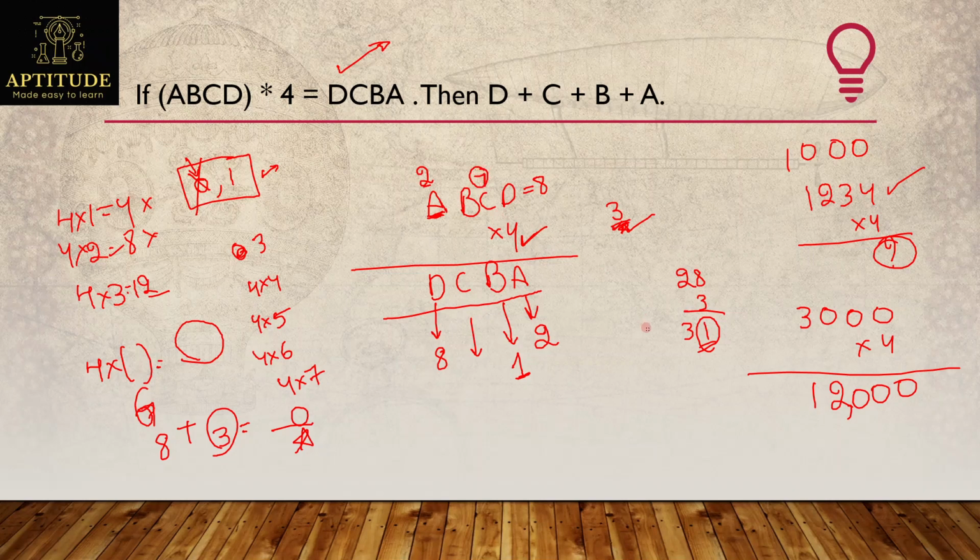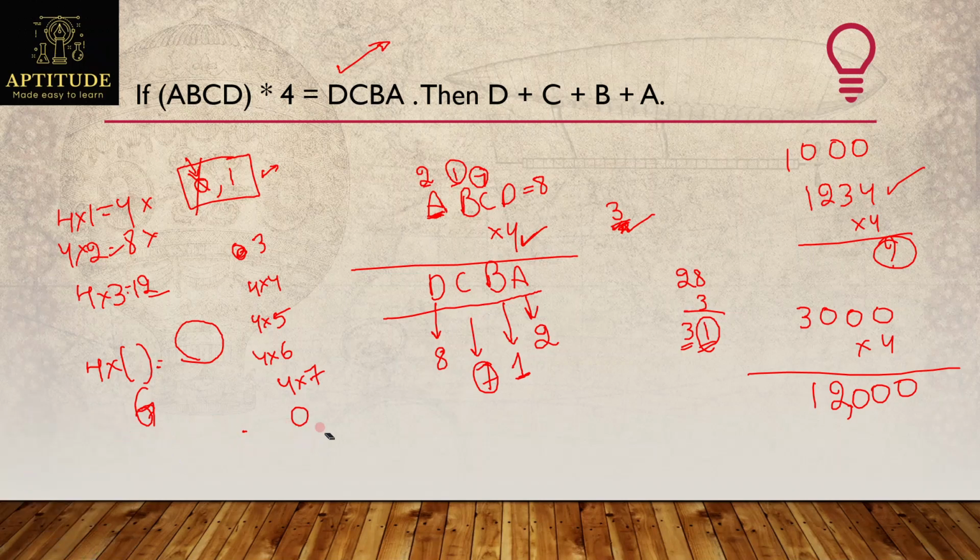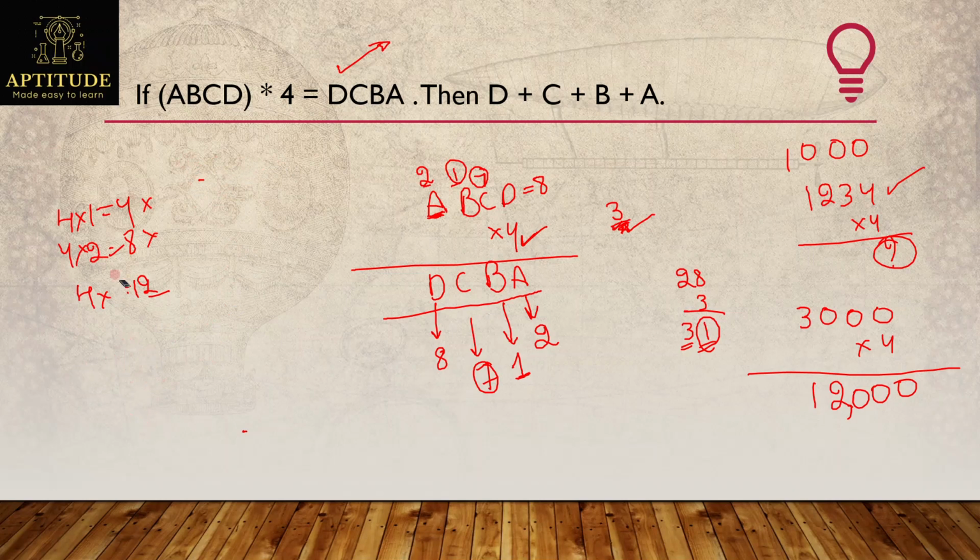So by that I can fix it here. So now I got b value 1 and even check this, 1 into 4 will be 4 and 3 will be carryover once again. 4 plus 3 is 7, getting c value here also 7. So which is possible. Now what I can say here, these are the correct values for a, b, c, d. And what is the question asked? Just the addition of the values they asked, and once we got the values, we can answer any type of question.